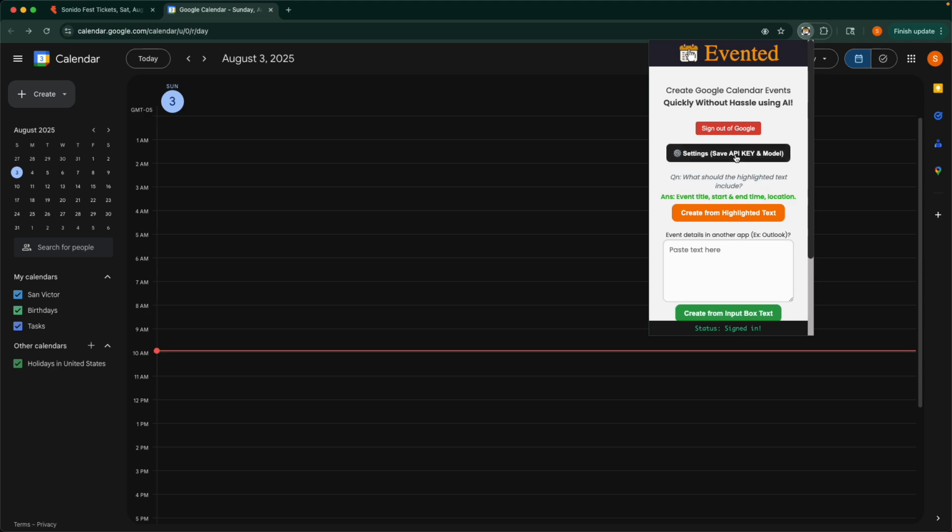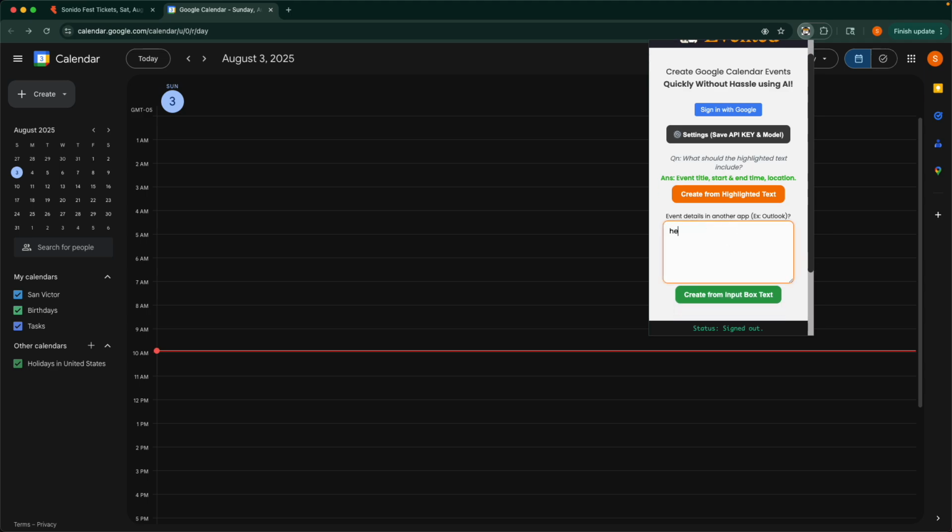Now we can sign out of Google, and when we sign out of Google, we are basically no longer able to create an event. So event tomorrow at 6 called party. We can't create this event,